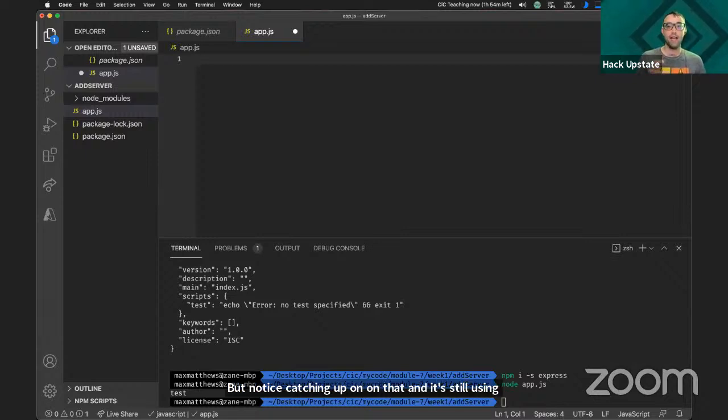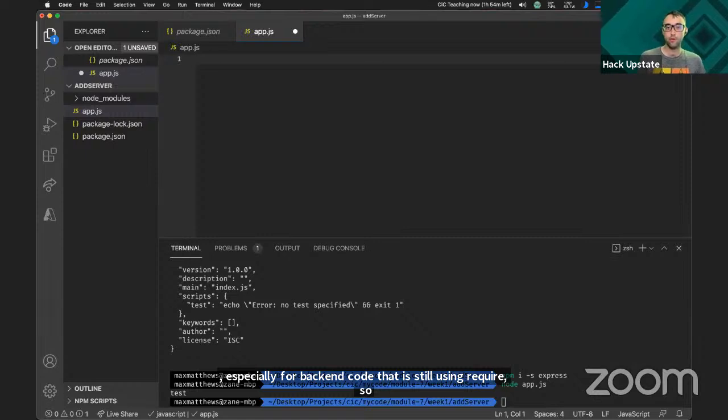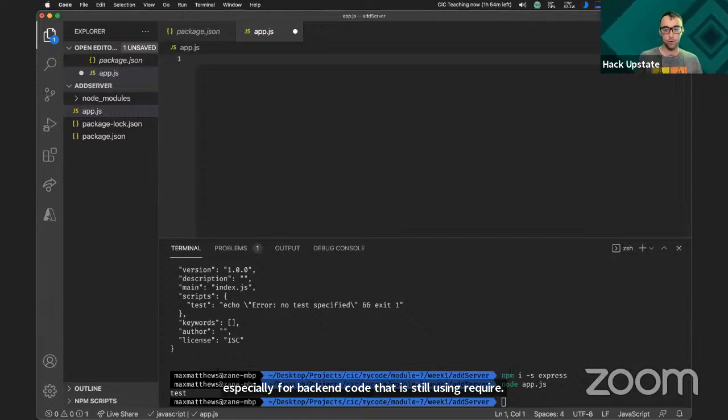So you will find a lot of code examples online, especially for backend code, that is still using require. So we're going to go through using require just so you get practice with both. I encourage you to use import export still in React because React supports that out of the gate.